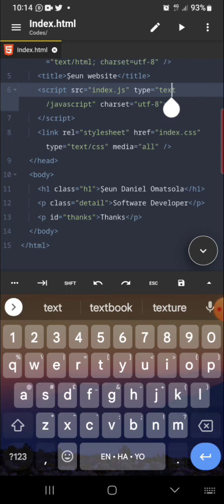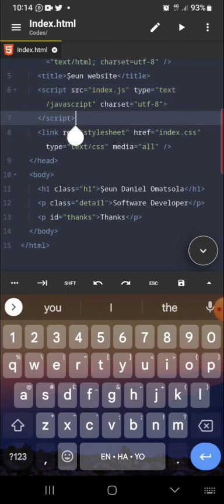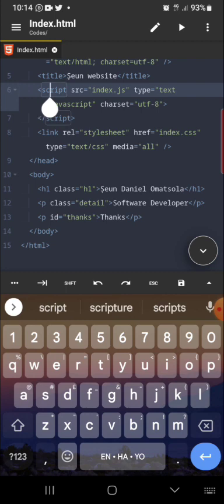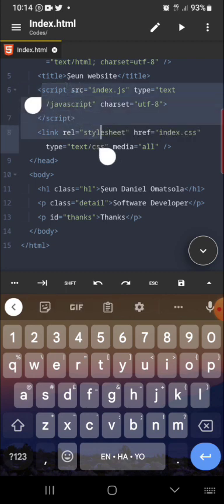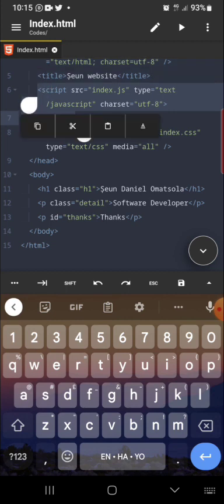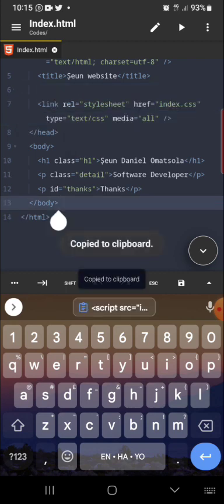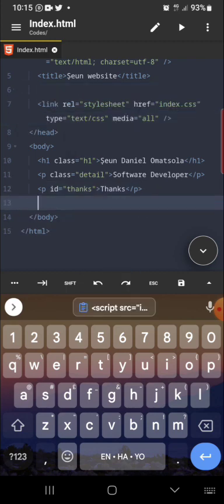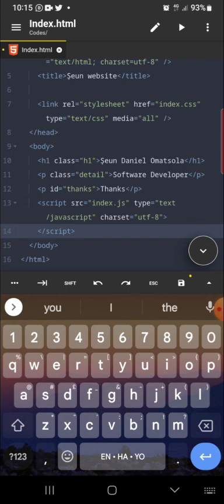Depends on how you want your page to load. If you want your page to load before your code runs, then you have to put it at the bottom, like here. Now, if I save and play,